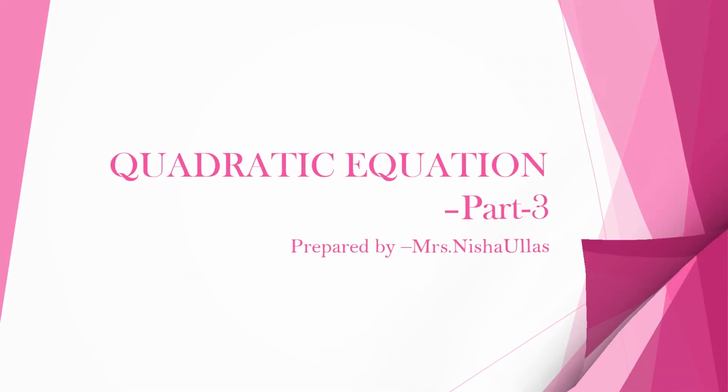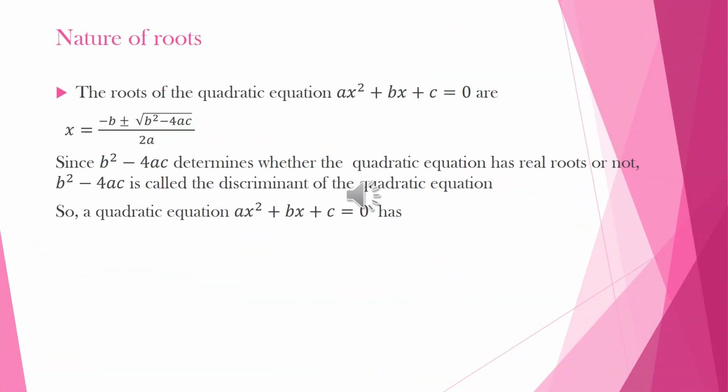Welcome back, dear children. Today we move on to the third part of quadratic equation: nature of roots. We have already learned how to find the roots of the quadratic equation with the help of the quadratic formula. And we have seen b square minus 4ac is called the discriminant of the quadratic equation. Since b square minus 4ac determines whether the quadratic equation has real roots or not, we call it the